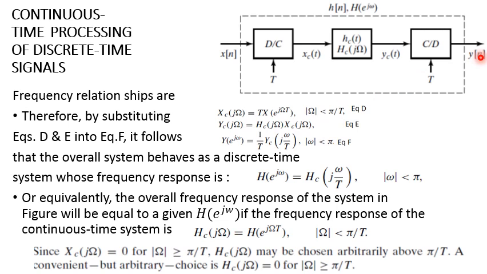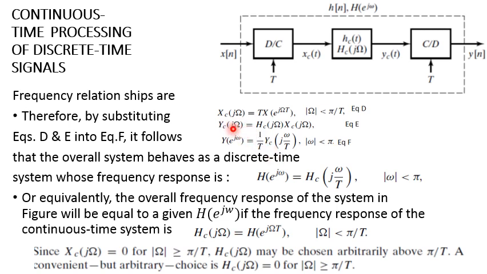Similarly, the reconstructed signal here will be Y(e^{jω}). e^{jω} signifies the discrete time frequency response, that is the discrete time Fourier transform. So Y(e^{jω}) equals this signal which you obtain here. Now once you convert this signal from continuous to discrete domain, this is basically scaling it by a factor of 1/T. So this will be equal to 1/T and Y_c, and for jΩ we write,